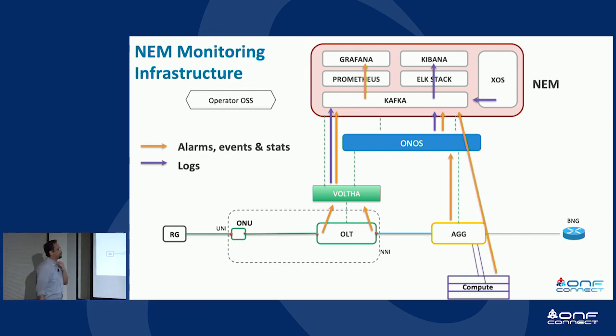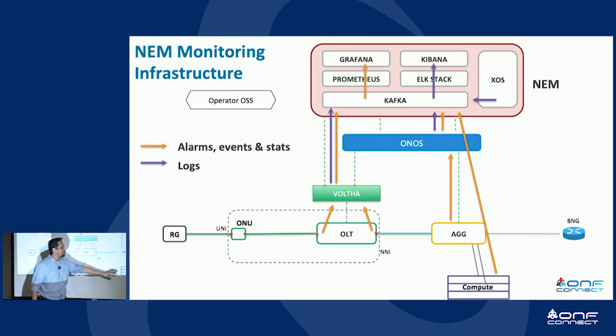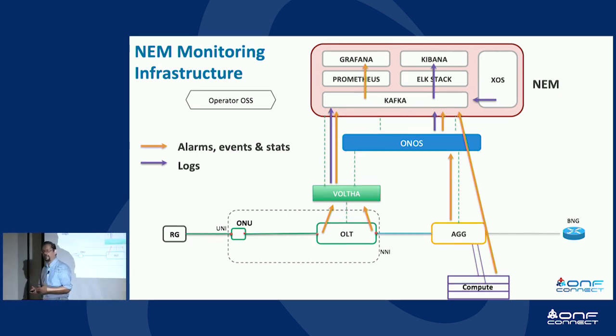We can also get information from the compute nodes as well as the hardware, other different kinds of information using Redfish APIs. That too can be fed into the NEM monitoring infrastructure. And it's an optional part of the piece because you may use this in the pod.